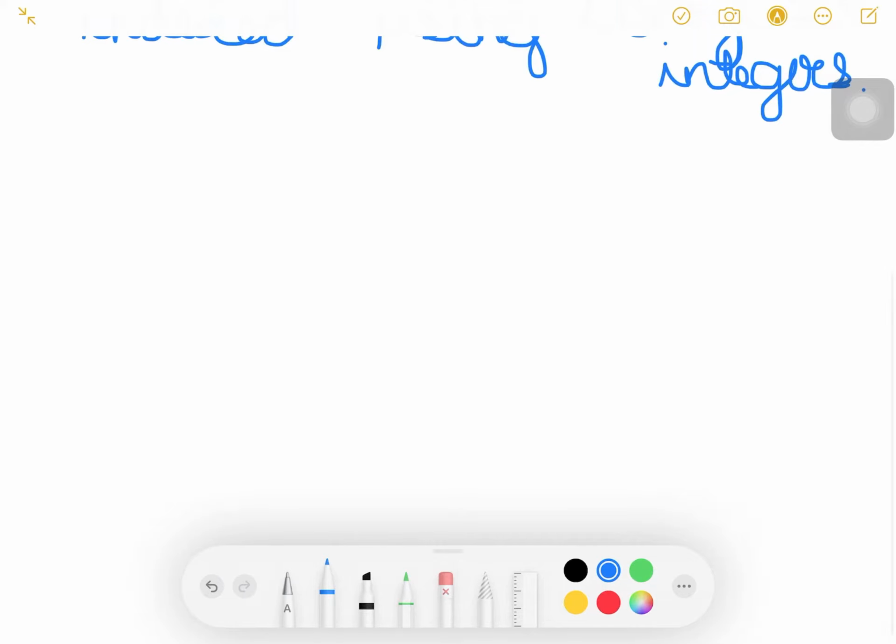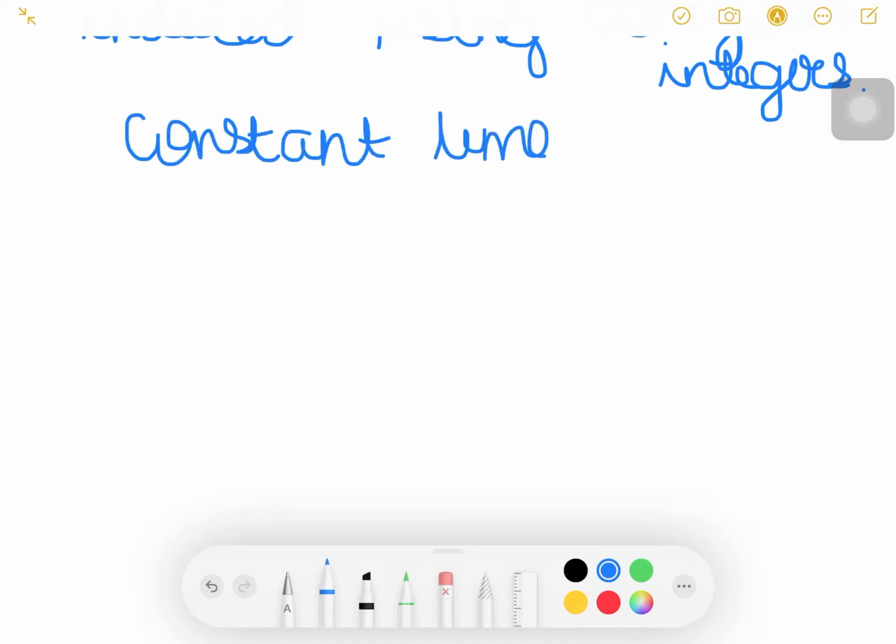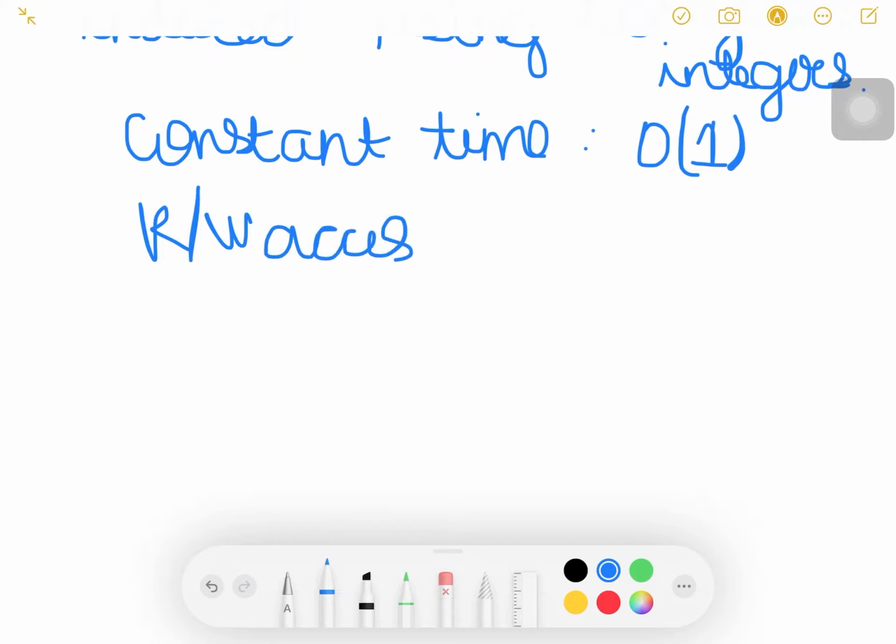So what is special about these arrays? The speciality about these arrays is that they give constant time, big O of 1, read and write access to the elements of the array.